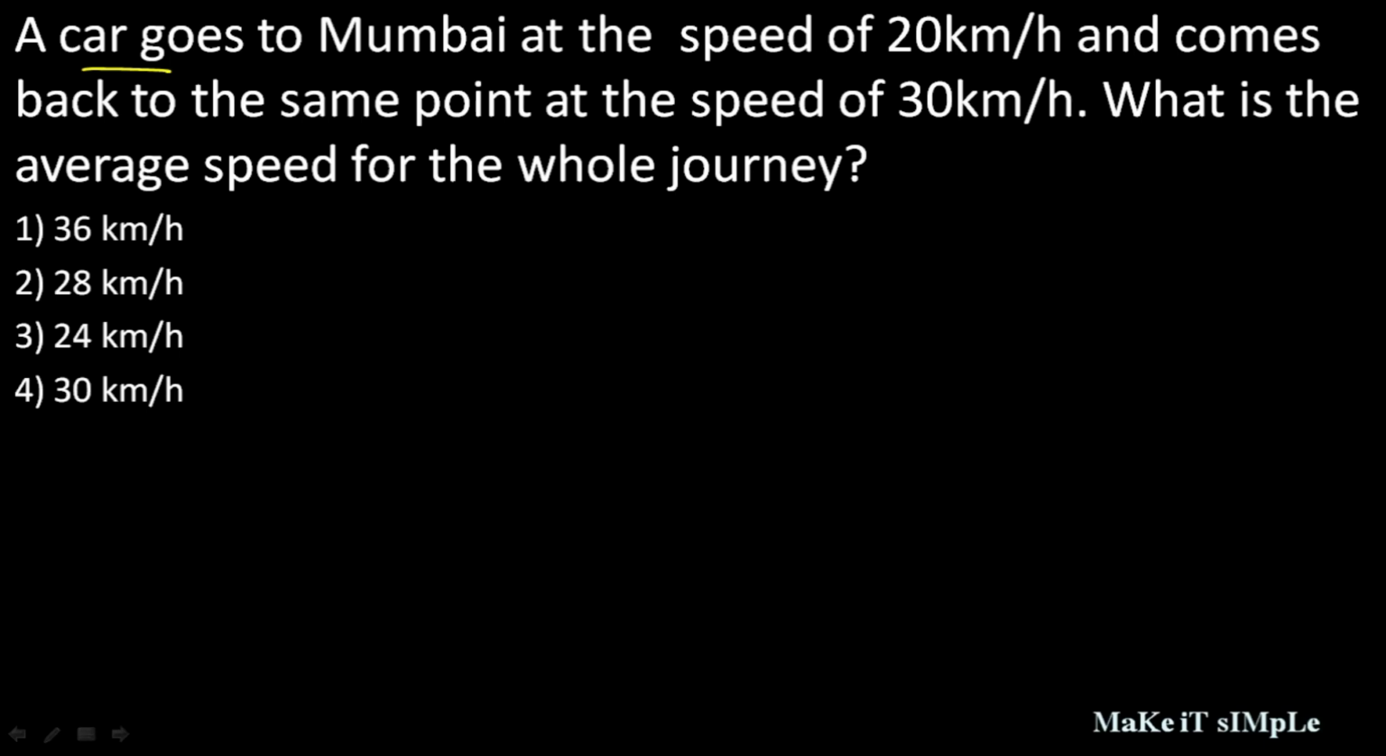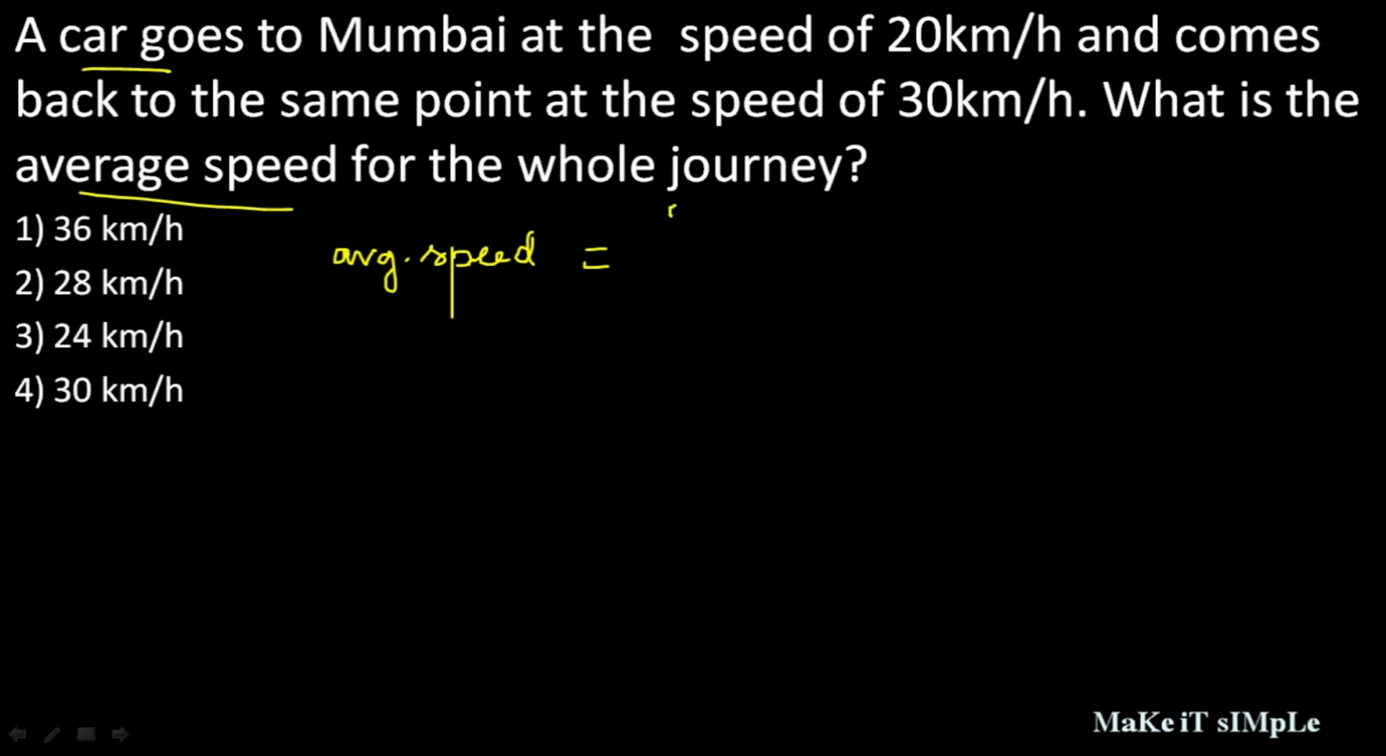A car goes to Mumbai at the speed of 20 km per hour and comes back to the same point at the speed of 30 km per hour. What is the average speed for the whole journey? Here in this question, what are they asking? They are asking the average speed. So for average speed we have a formula. So the average speed formula is,